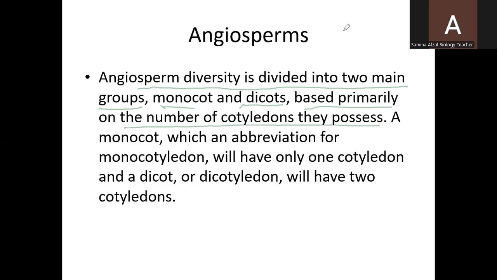If they have a single cotyledon, they will be called monocotyledonous plants. If they have two cotyledons, they will be called dicotyledonous or dicots. A monocot, an abbreviation for monocotyledon, will have only one cotyledon, and a dicot or dicotyledon will have two cotyledons. So this is all about mono and di. And now I would like to show in the next slide